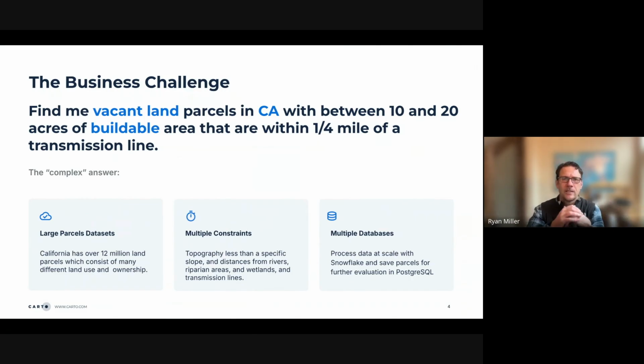So we're focused on this middle ground of using an agent to help filter these parcels based on the constraints that we've talked about here.